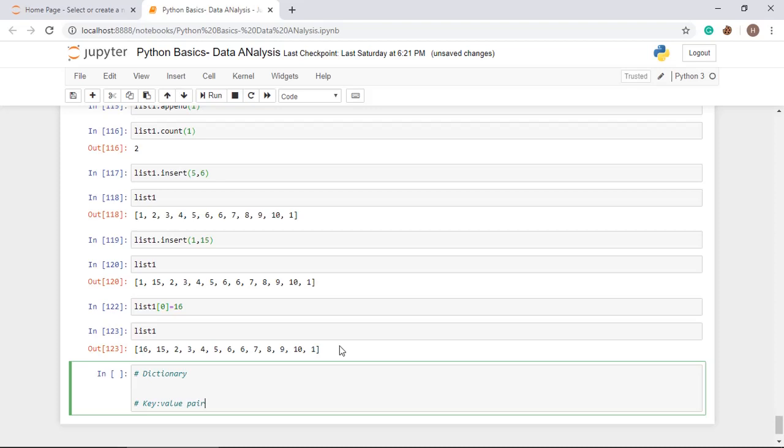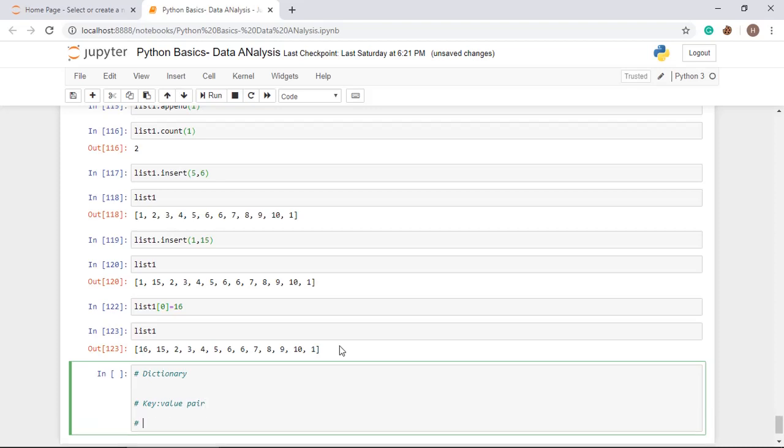Always remember, a dictionary uses curly braces for storing its elements, and in the curly braces all the elements, meaning all the key value pairs, are separated by a comma. In this manner we use the dictionary for further processing.